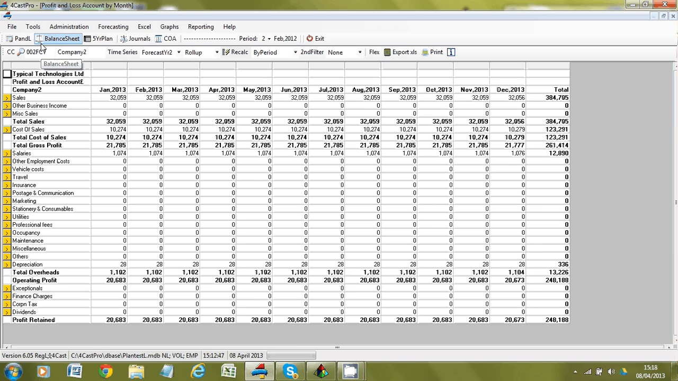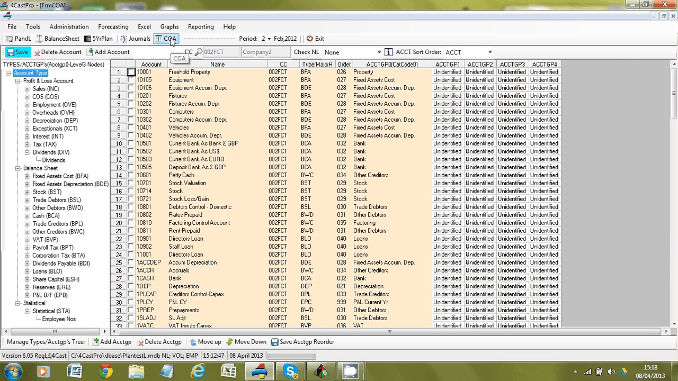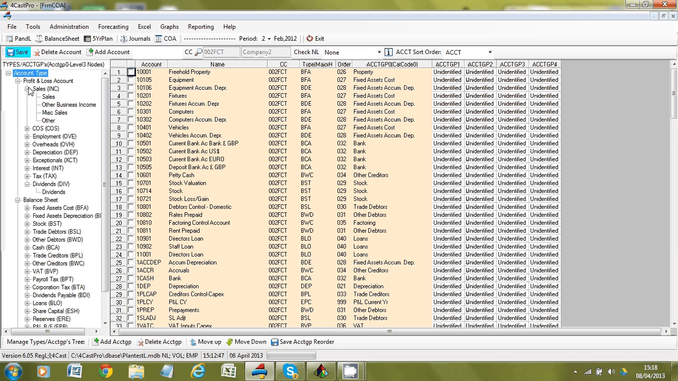So let's have a look at the chart of accounts facility next. The default view on the management accounts P&L is set up using the chart of accounts facility. All accounts need to be allocated to a main statutory accounts type. We've got income, cost of sales, overheads, etc. here, and then within the types to a main account group here, which we call account group 0,